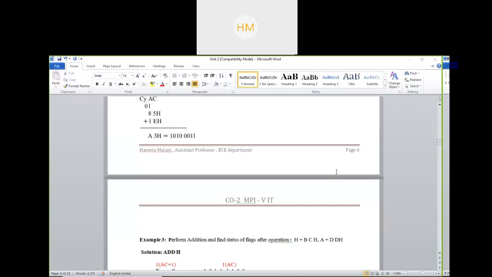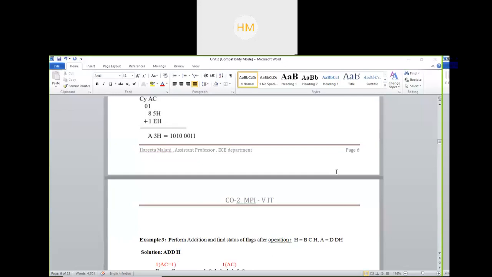Do it fast, students. Write the result in your chat box. BC और DD को ऐड करना है मुझे. आ गया result.